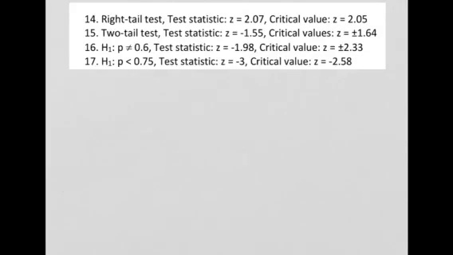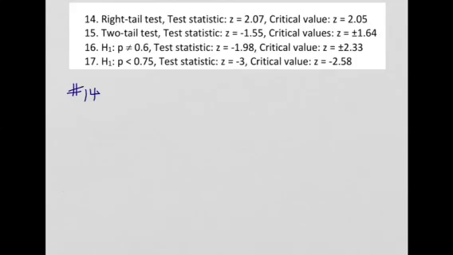In problems 14 through 17, we're determining whether to reject or not reject the null hypothesis. And in these problems in particular, we're using the classical approach. So we're comparing the test statistic to the critical value. So in 14,